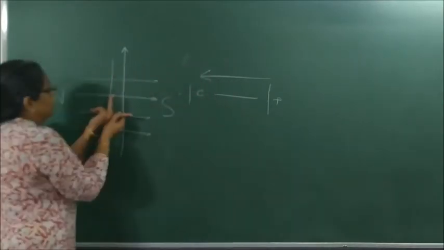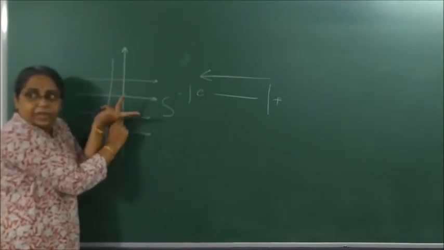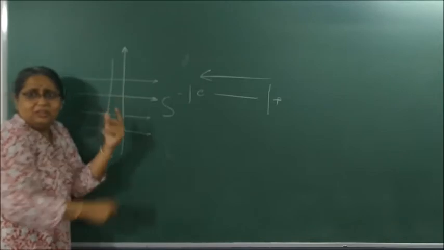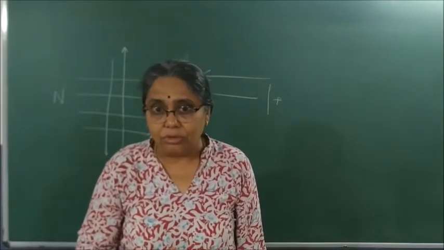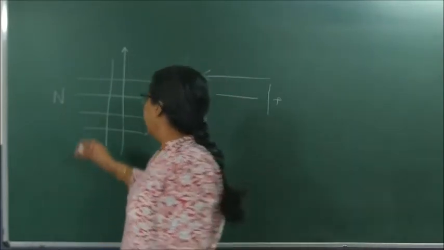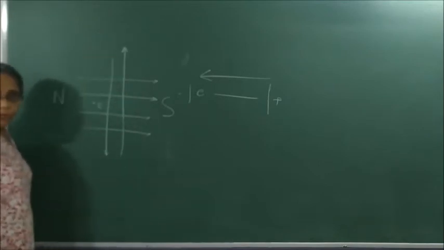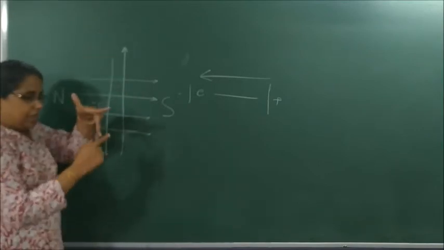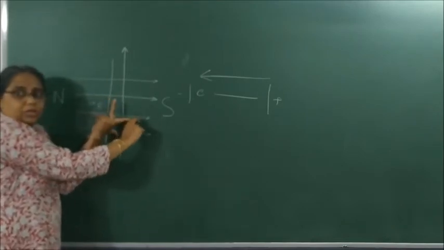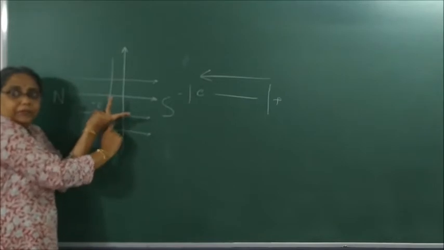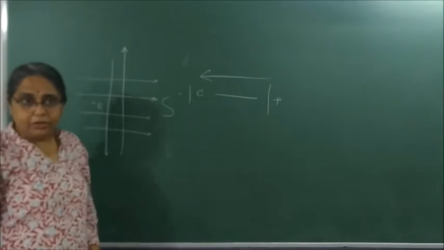See, this is how it is. This is my current. This is my magnetic field. Where is this going? Into the board. So it is into the page. Do you understand? So wherever the electron is flowing like this, the current will flow opposite to the flow of the electron. So with the same hand, we turn the direction. This is how the current flows. This is the direction of magnetic field. Where is the thumb going? Into the board. So in the same way, into the page.